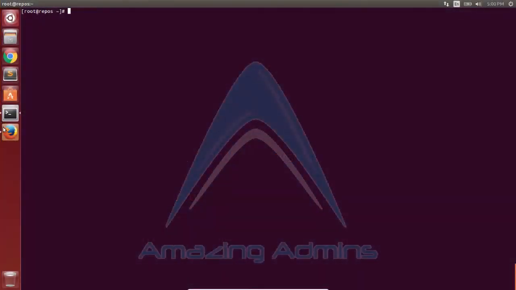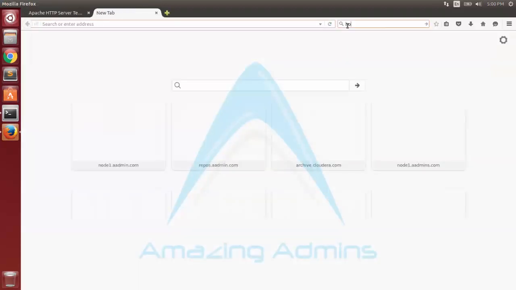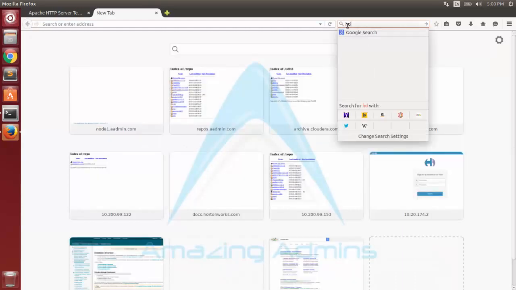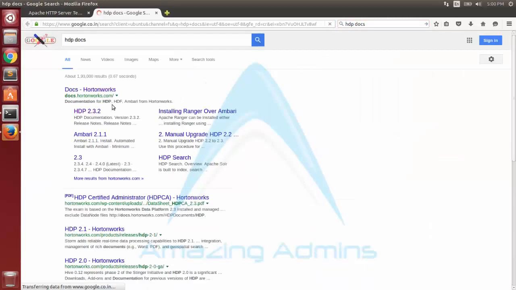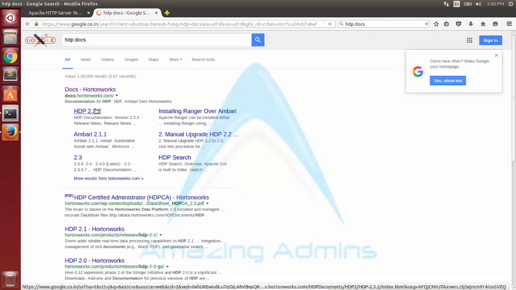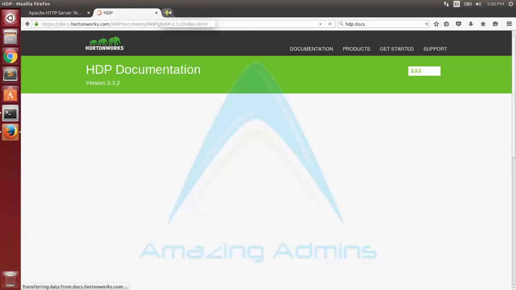So to begin with creating the local repository of Hortonworks, we'll go into the Hortonworks documents. As you see, I'm going for HDP 2.3.2, or else I can go for the latest version, that is 2.4.